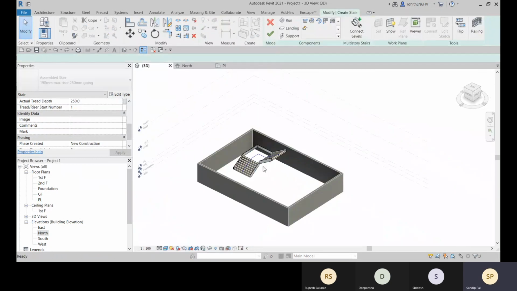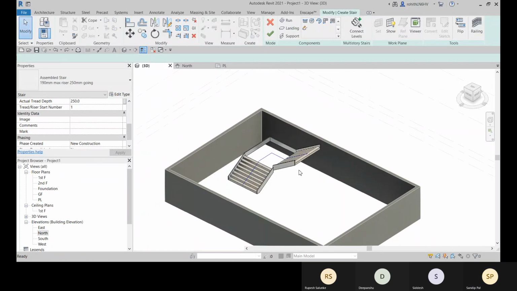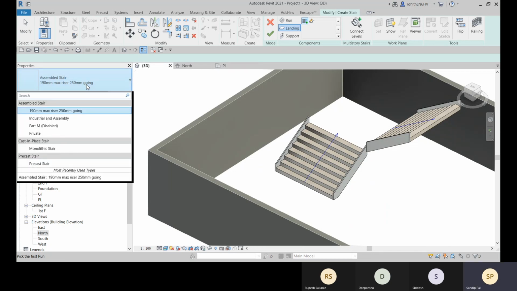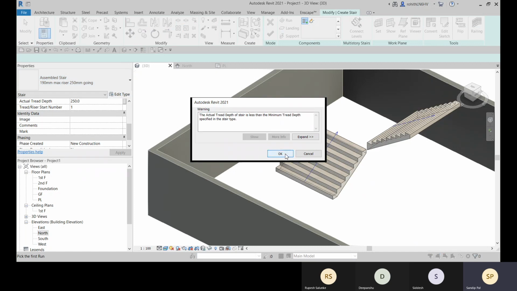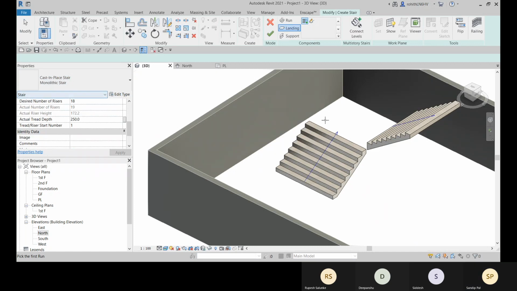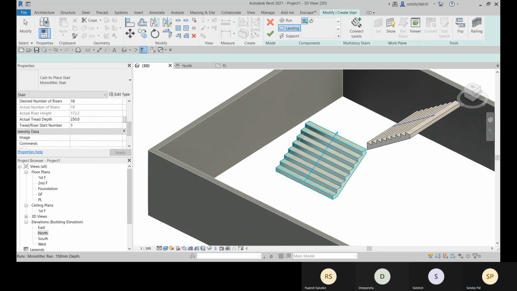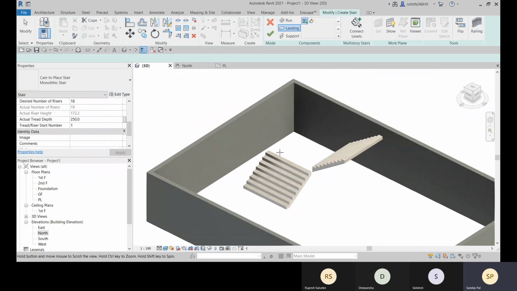Okay, let me go to that again. Okay, so let me go to this landing and let me check. Let me go to this monolithic stair. Now let me select this and select this. Now, just here.